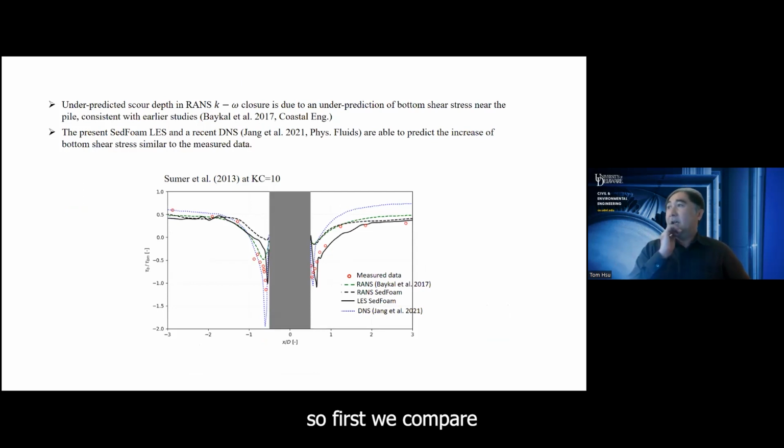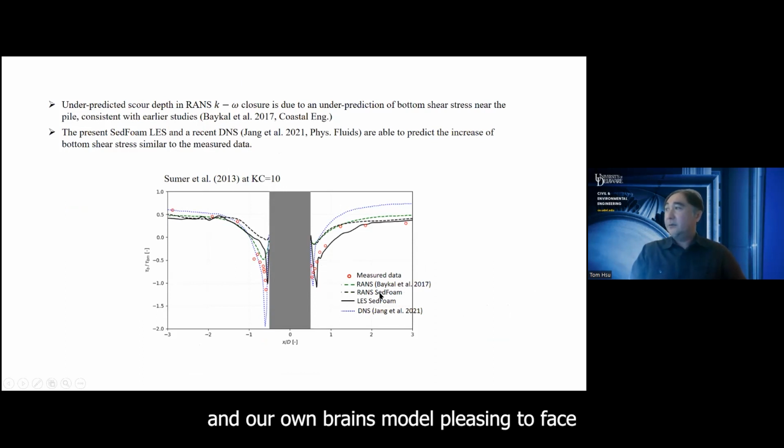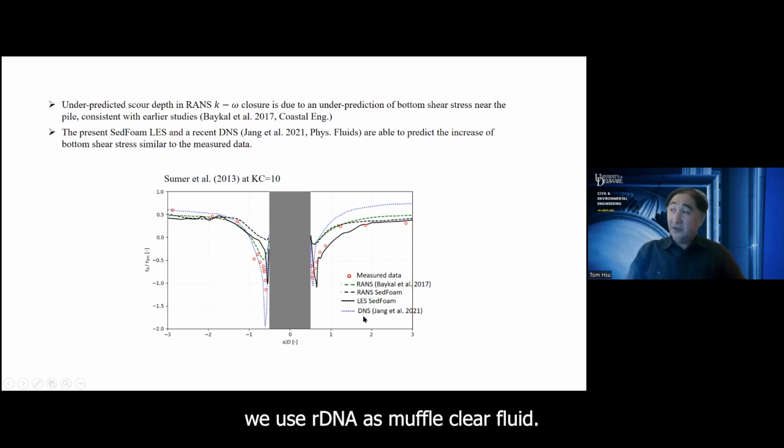So first, we compare with the time-averaged measured bottom shear stress distribution around the cylinder. You see that if you look at the k-omega model result, we actually show two k-omega model results. One is an earlier work based on Baykal, which is a single phase RANS model, and our own RANS model based on two phase. You see that both RANS models underpredict the significant drop of bottom shear stress close to the structure. However, if you look at our LES result or another study which used a DNS but for clear fluid,